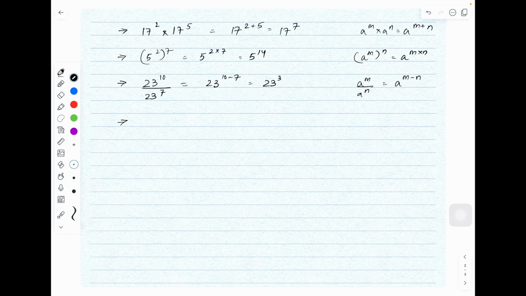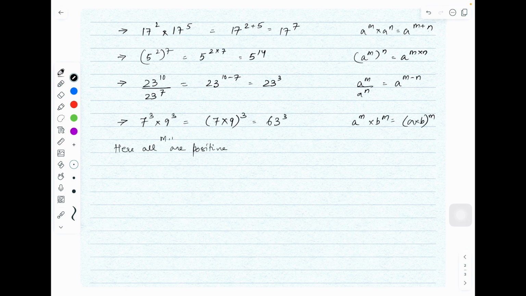Okay, then 7 to the power 3 into 9 to the power 3 equals to, we have read if the power exponent is same but the bases are different, we will multiply the bases to the power m. So the bases are different but exponent is same, so we will multiply the bases. 7 into 9 to the power 3, this is 63 to the power 3. Understood? Now you see, here all are positive,